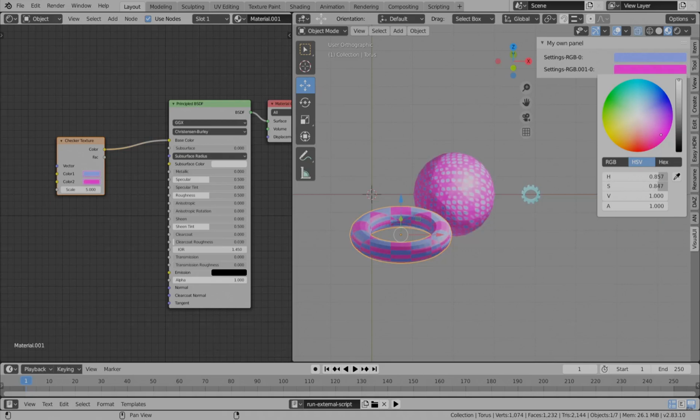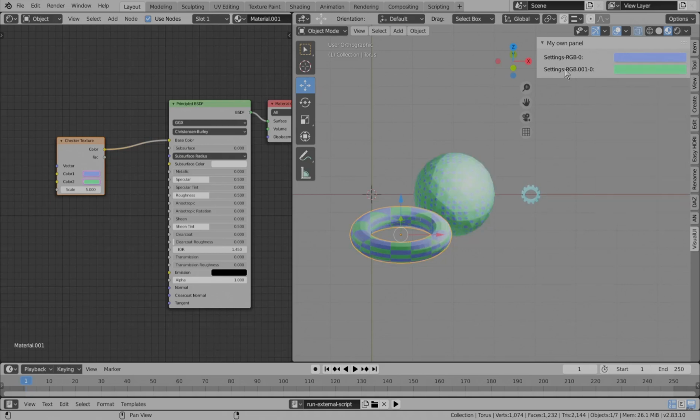So, thank you for your attention. Let me know what you think about this add-on, because I did it because I really needed a tool like this. I was not able to find anything similar online. But to be honest, this is for me at the moment enough for what I need to do.